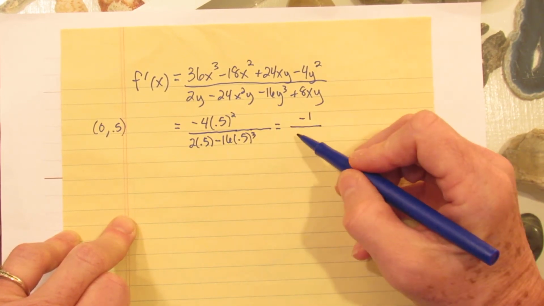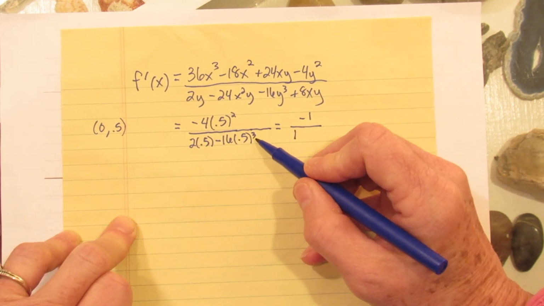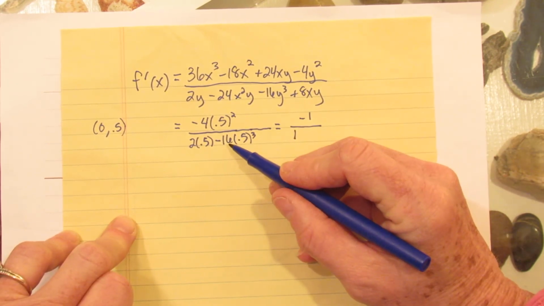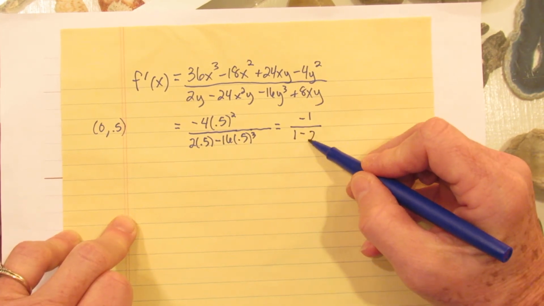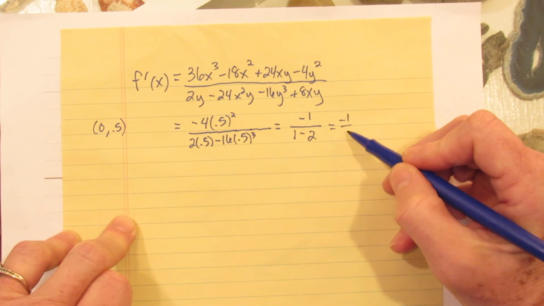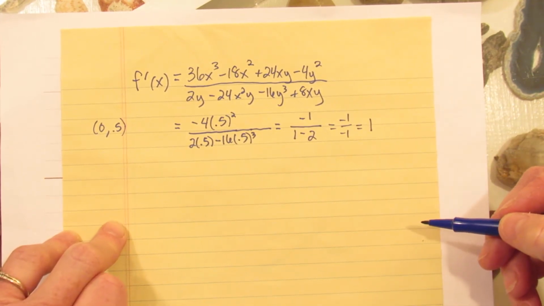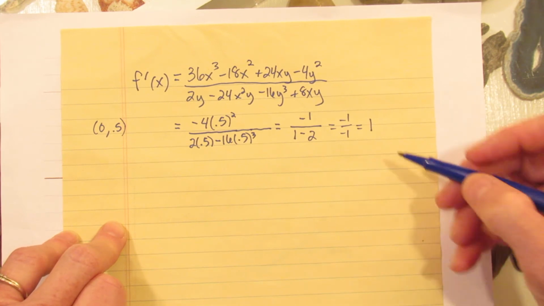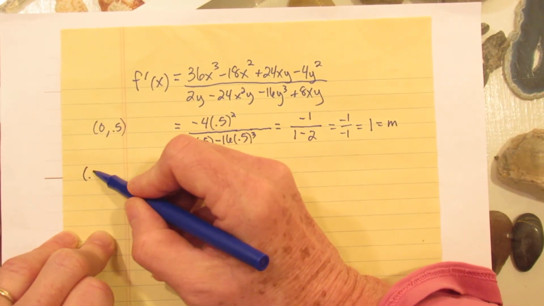2 times a half is 1. 0.5 cubed is an eighth. And 16 times 1/8 is 2, so I get 1 minus 2. And so that gives me negative 1 over negative 1 for a slope of 1. All right, so at the point 0.5, our slope is 1. Now at the point